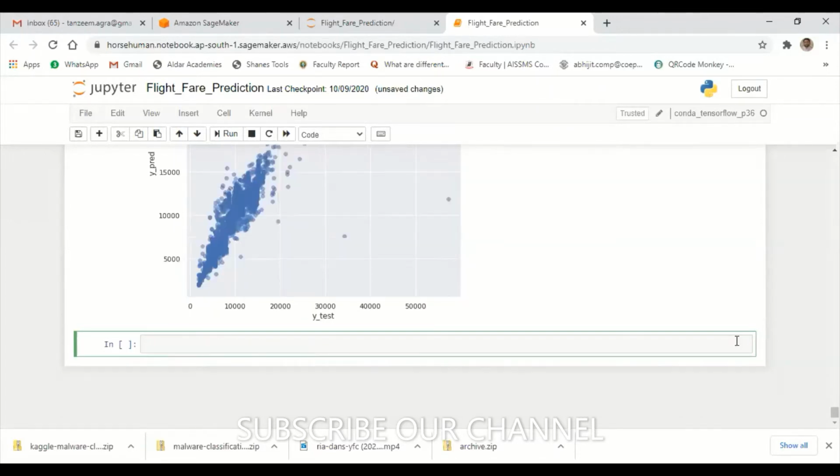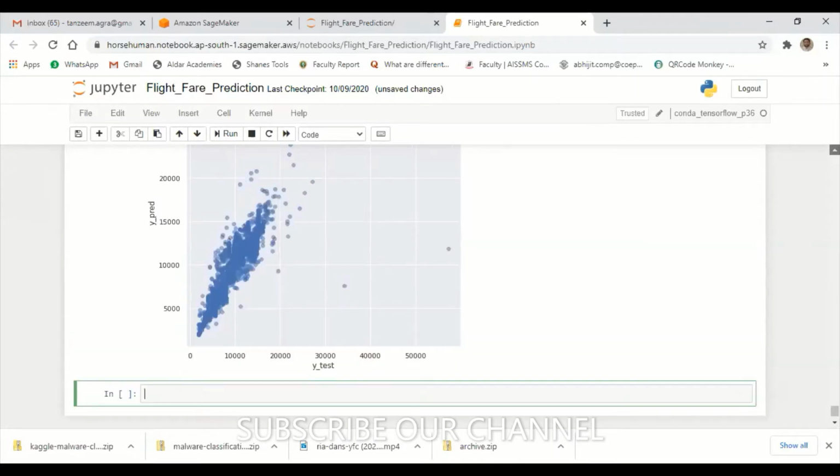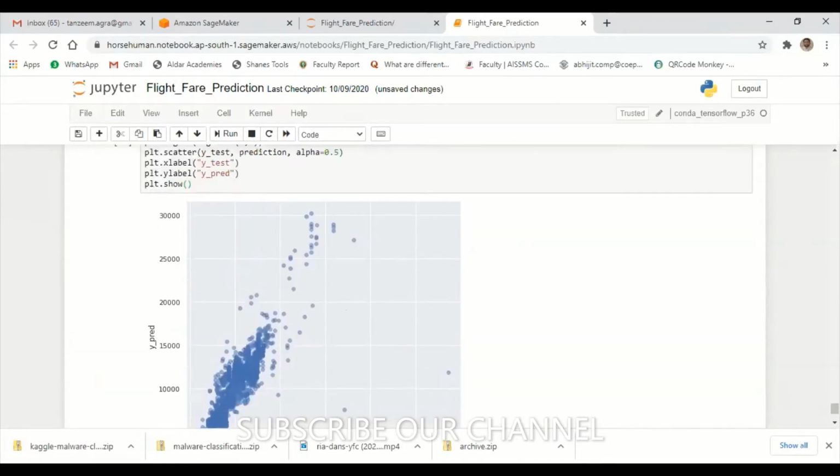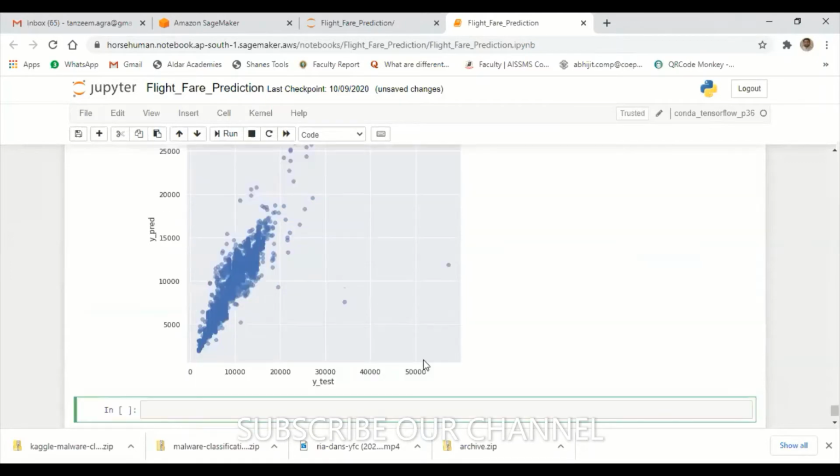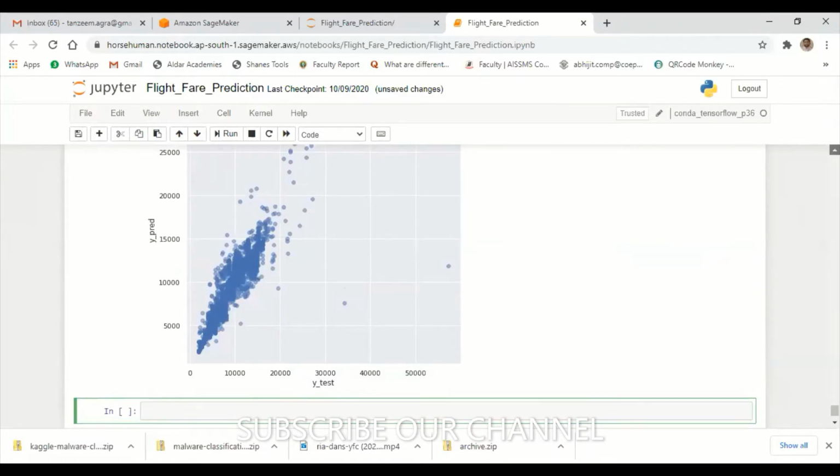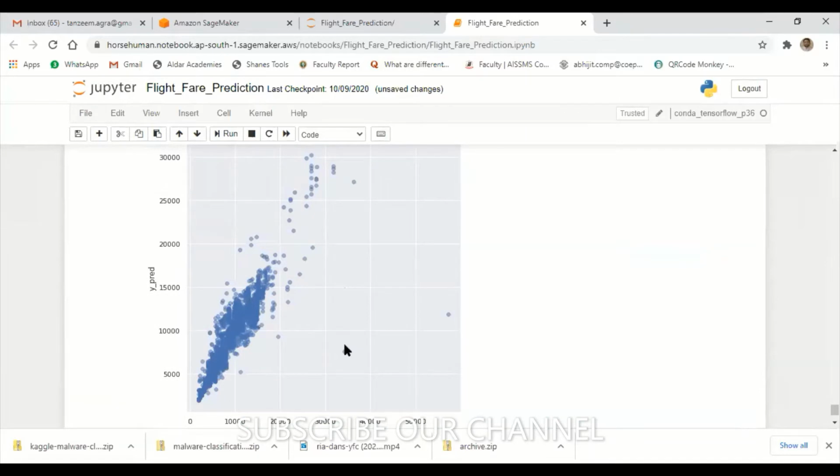Can you see this? Have a look. Since we have used clean data, there is no question about that one, and this data is highly correlated. There are a few data points somewhere going out of the loop, but we have a very strong cluster of data here, and we can use this data for our prediction model.